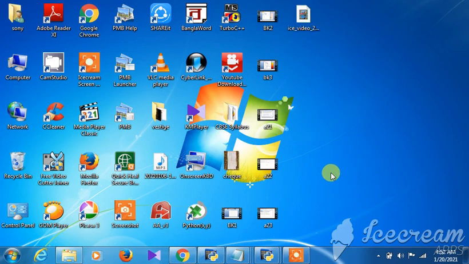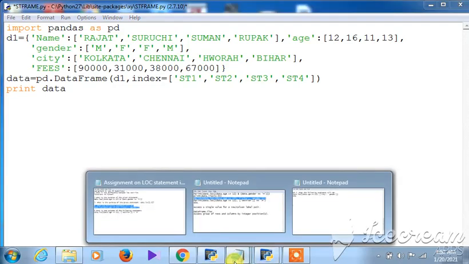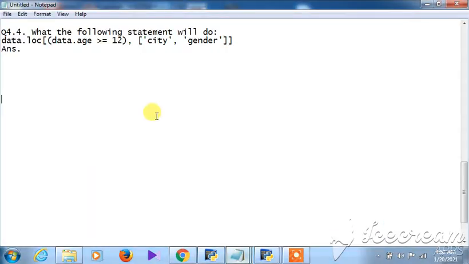So we are coming to question number 4 right now. Let us see how question number 4, this is the sample data frame, and what question number 4 is exactly saying is: what will the following statement do, data.loc, data.age greater than 12 and city, gender.